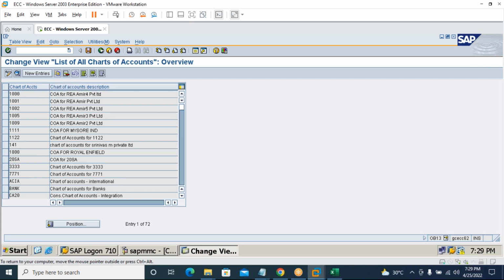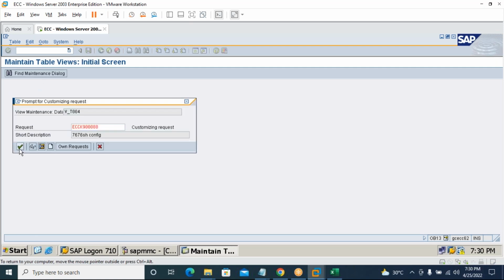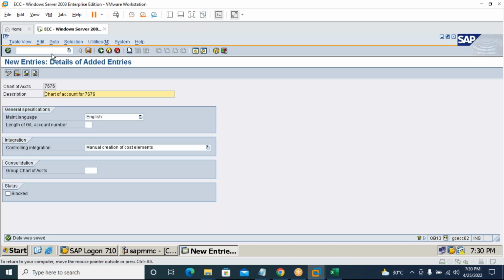Click new entries, chart of account name 7676, name that as chart of account for 7676. Then maintain language is English, then save. That's how. Then again /n